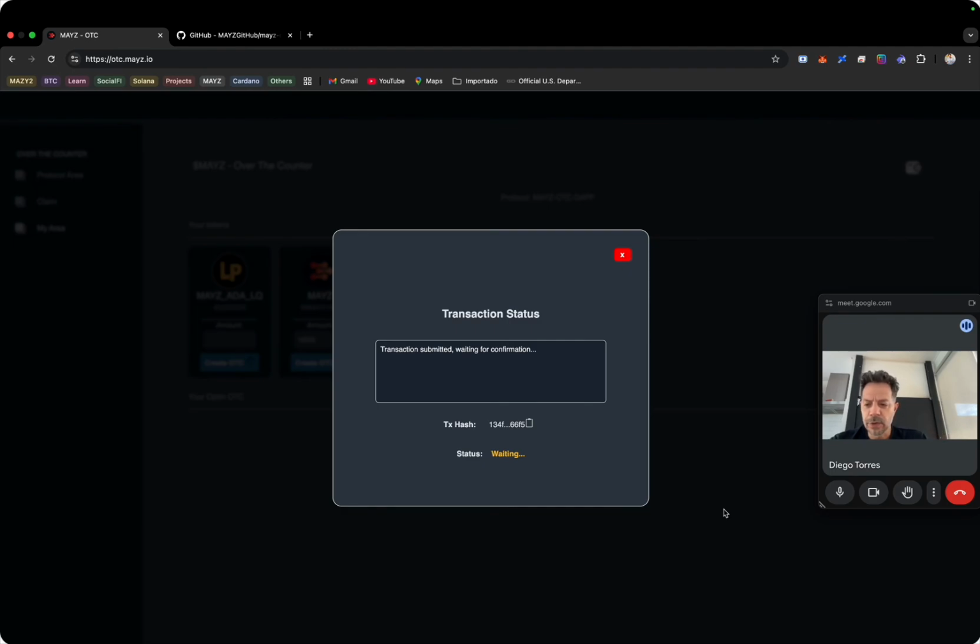While the transaction is being approved, let me tell you a little bit about the achievements and learnings that we have. Basically, we completed a smart contract life cycle, from the architecture to the development and deployment. We effectively used ICANN, which significantly enhanced development speed and testing capabilities from our side, because we usually did smart contracts on Haskell, which was much more complex. And we successfully engaged with the community via documentation, demos, videos, and talks to get some